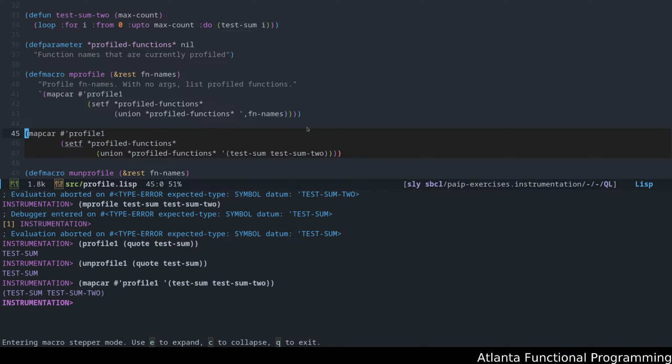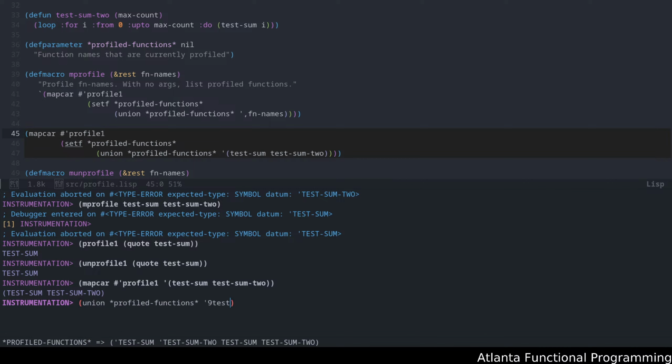Now I'm wondering what is the union of profiled functions and this list? Is that causing the trouble?